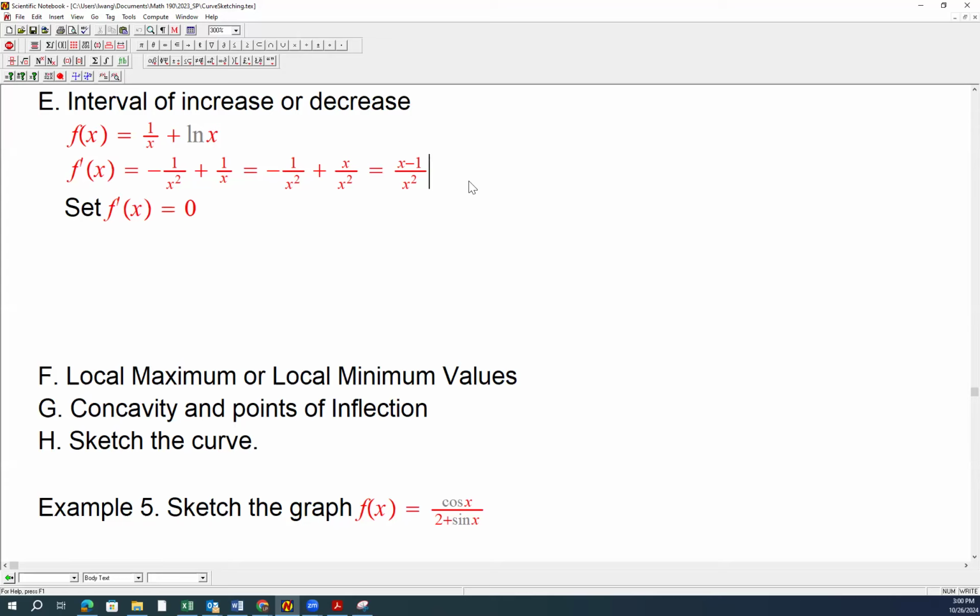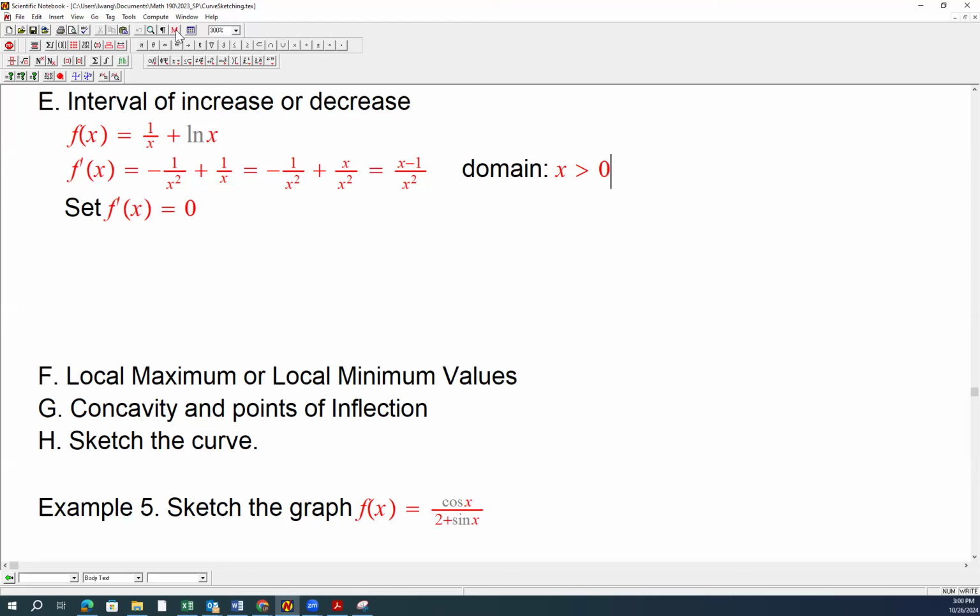And now let's look at the domain of the first order derivative. What's the domain? The domain is still x greater than 0, guys. The derivative domain is not x not equal to 0, because only within the domain of the function can we find the derivative. So the domain is still x greater than 0. So we don't have extra numbers